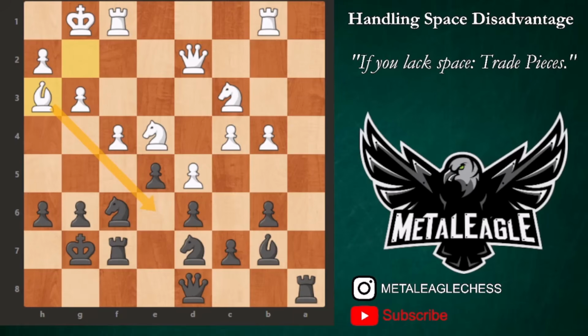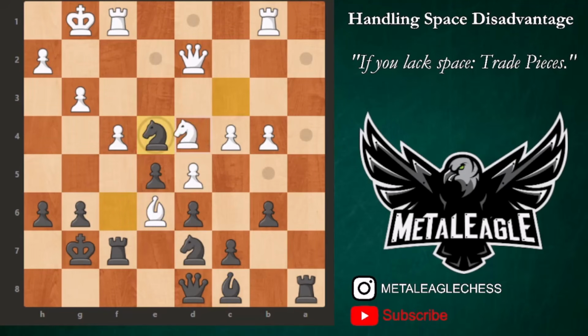what is Black going to do next? After bishop to h3, we can play bishop to c8, still intending to challenge and exchange the light square bishop right there. Right? Now, bishop to e6. Now, knight takes e4 first. Of course, White needs to recapture that with knight takes e4, otherwise the queen on d2 will fall, and